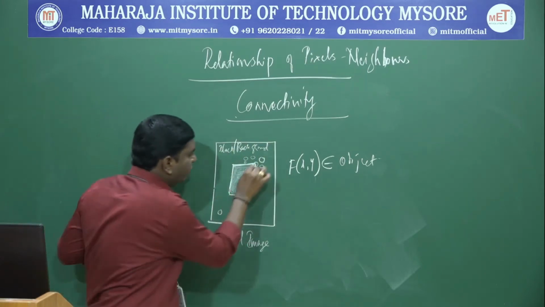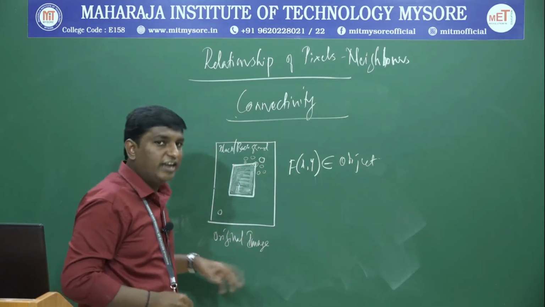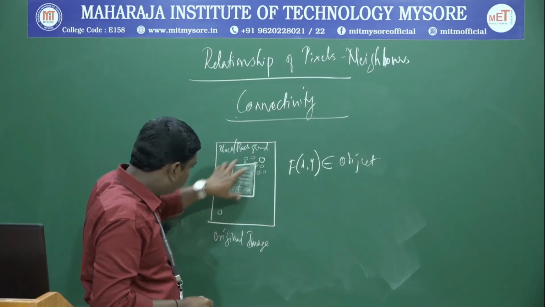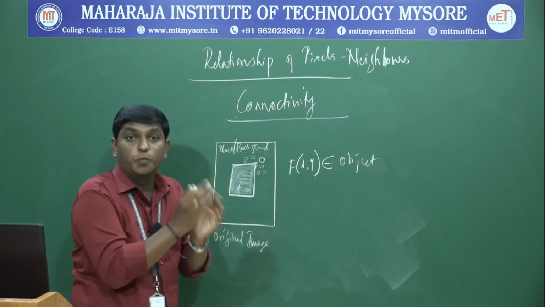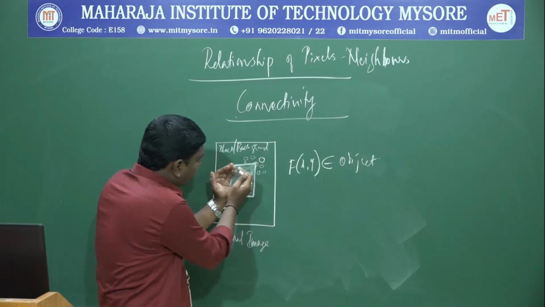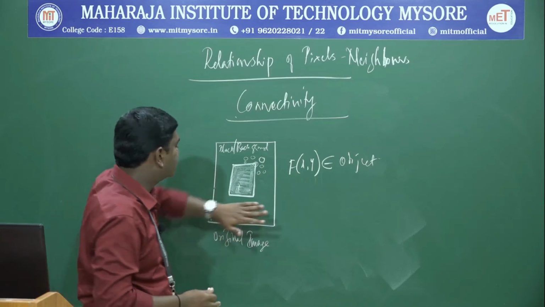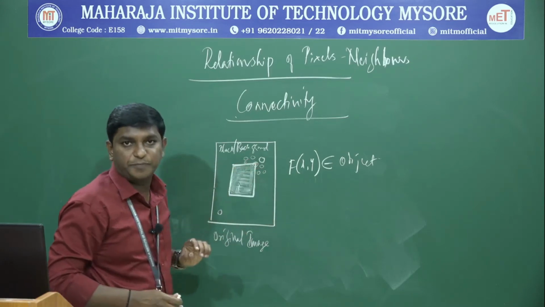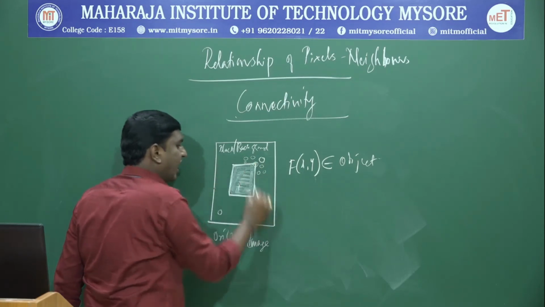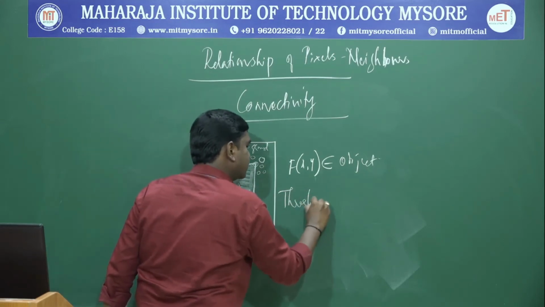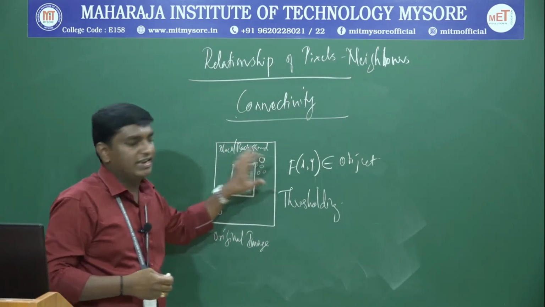So like this we will do for all the pixels available at the boundaries. When I do that, I will be able to get that this part, whichever is at the boundaries and inside it, belongs to one group of pixels, grouping of pixels I am doing here. These all belong to one group of pixels and this one will belong to a second group of pixels. We will differentiate them as a background as well as an object. This will help us go for segmentation. I am going to select this and I will apply the primitive methodology which I have discussed called thresholding, and I will pick up this part, and that will help us for analysis.